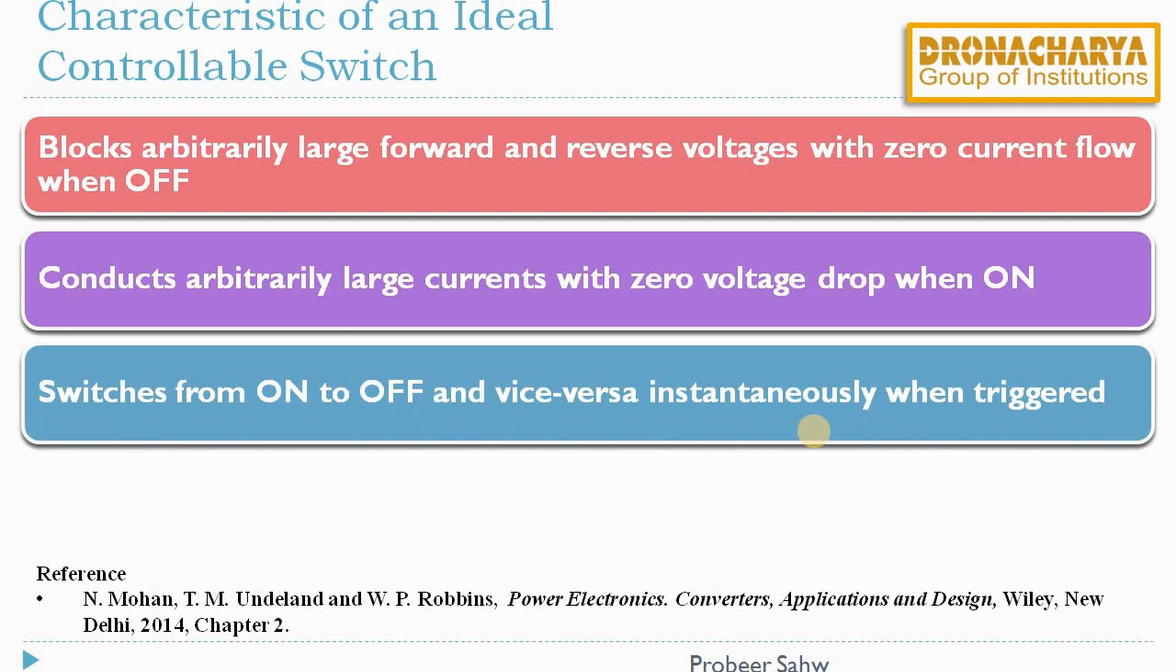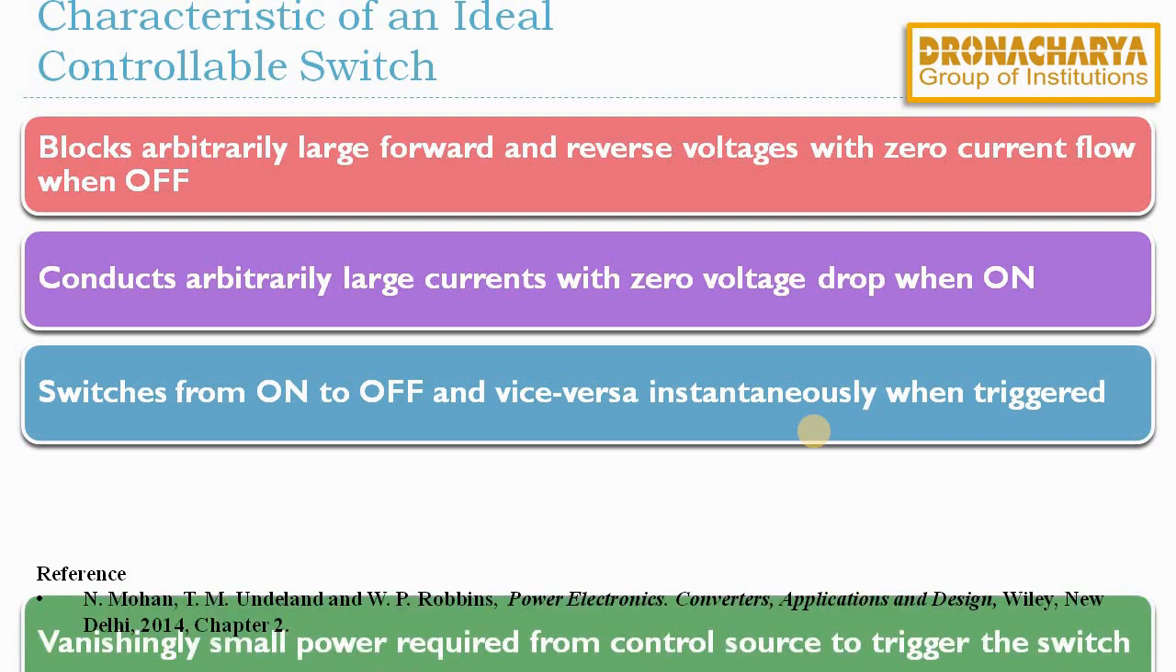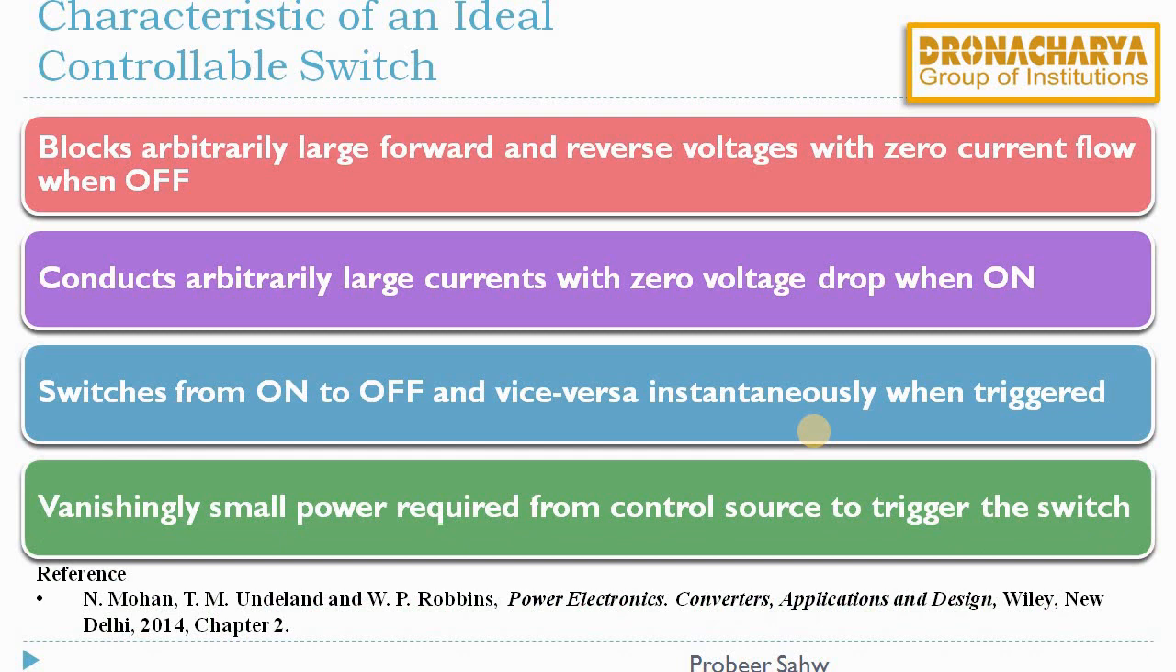Now, if the switch is turned on from off position or vice versa, when this state is changing from on to off or off to on, we call this triggering. So for an ideal controllable switch, this triggering should be instantaneous, and it should draw a very small amount of power from the control source. So these are the characteristics of an ideal switch, but we can see that these are not followed by a